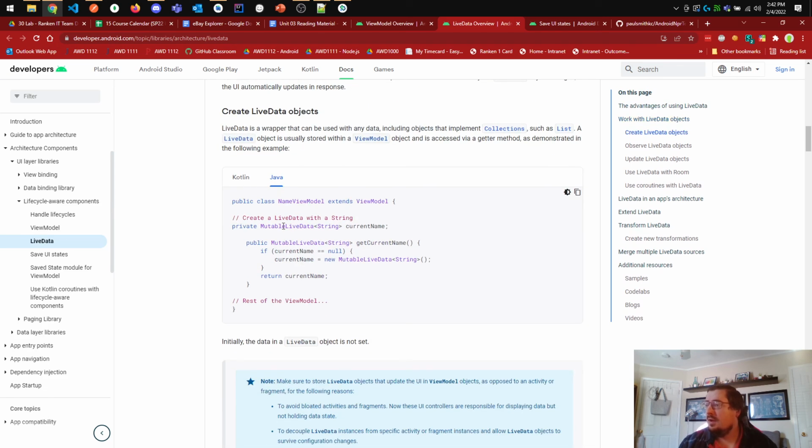So we kind of see another example here. Here's a name ViewModel, which extends ViewModel. It contains a mutable live data, string, current name. Regular live datas by themselves are read-only. Mutable live datas are editable. And so oftentimes what we'll do is internally to the ViewModel, we'll create mutable live data to store the data,